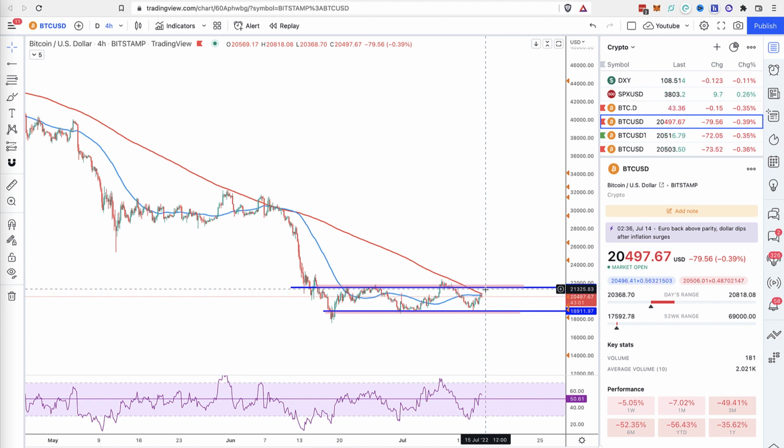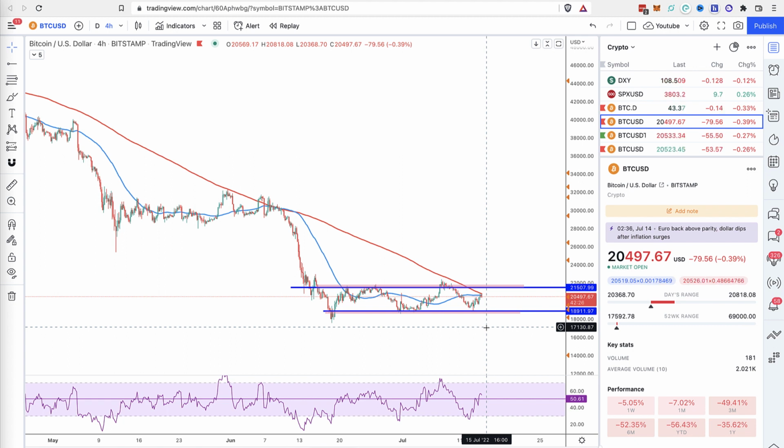Let's see also if we can flip the top of this range and actually break out to the upside, and then hopefully we start that more extended rally. Obviously, the downside to this is if we do indeed get rejected here for whatever reason, you know, it's Friday, it's a weekend coming up, is there going to be some bad news that comes out that's going to absolutely tank the markets? It's a possibility, but in my opinion, it's looking more likely like we are actually going to flip this to the upside and then have a bit more of a bear market rally or a counter trend